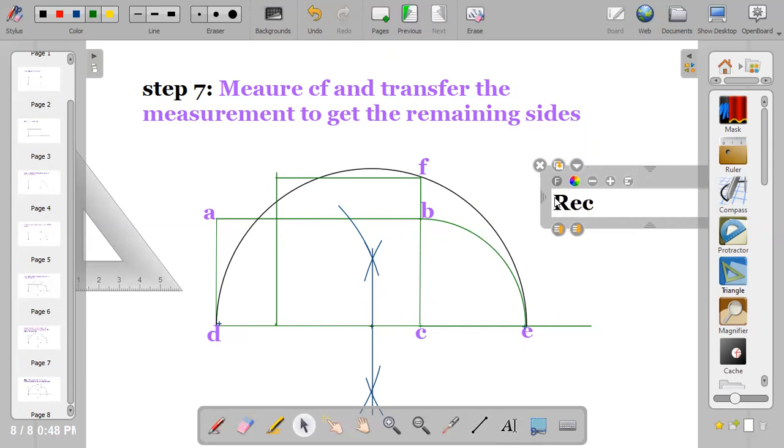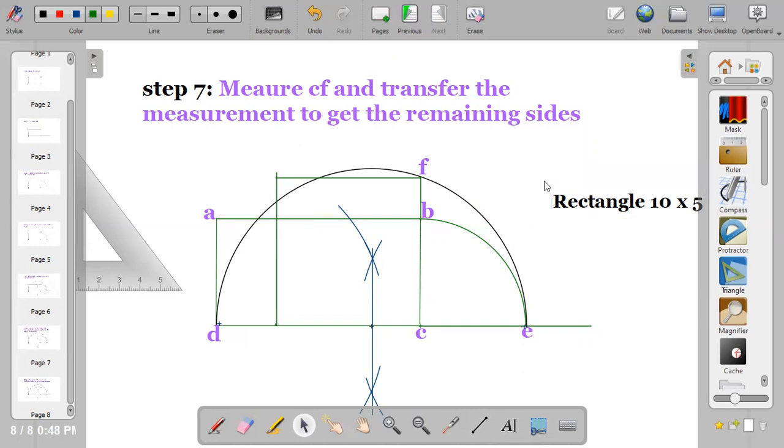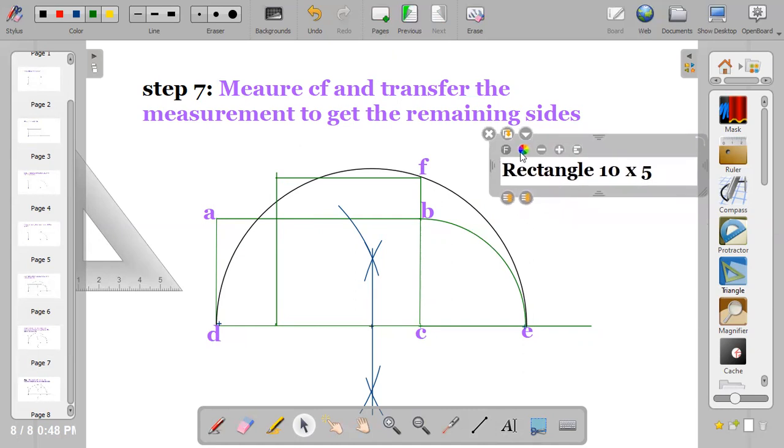The given rectangle is 10 by 5. 10 multiplied by 5 equals 50. Then when you want to find the area for the square,